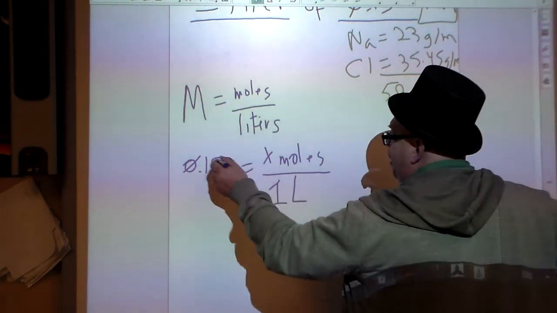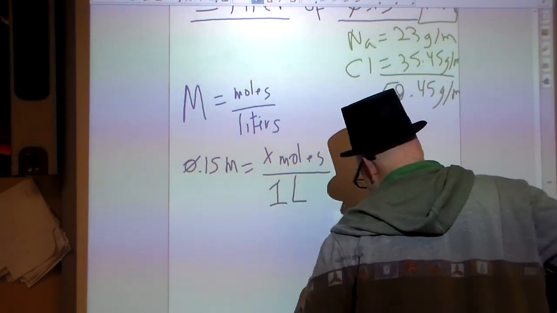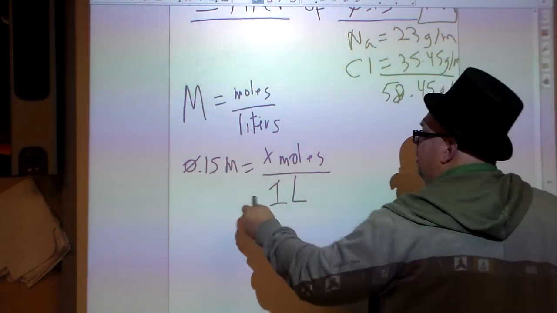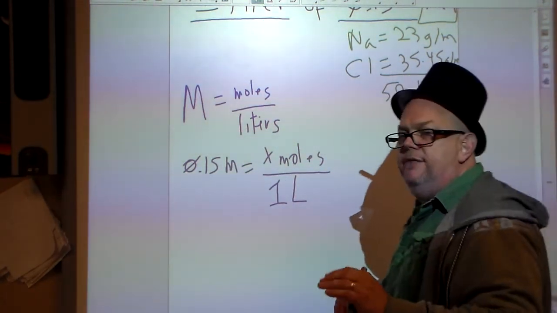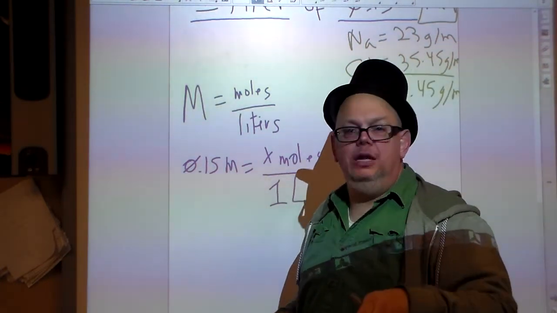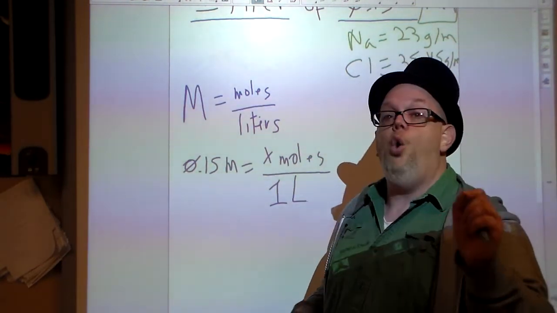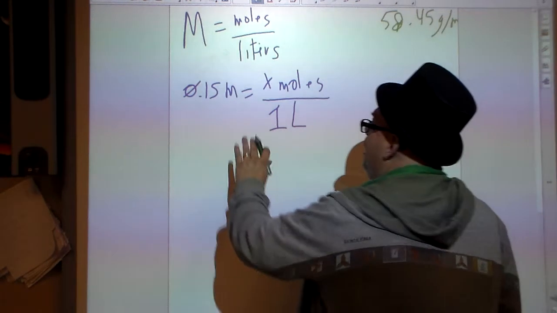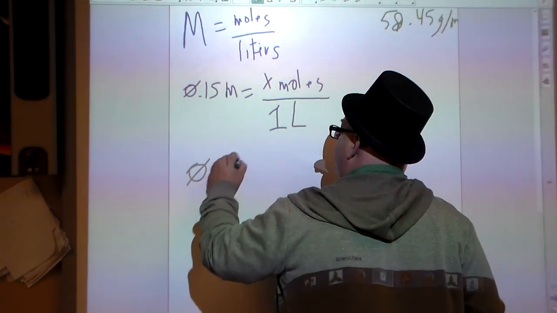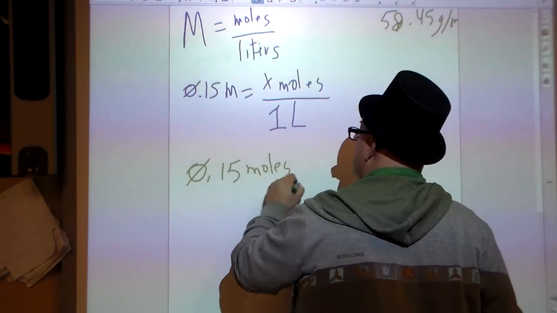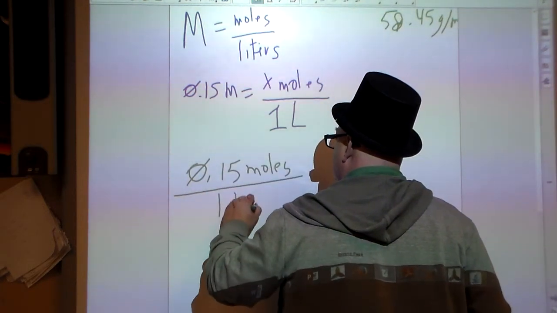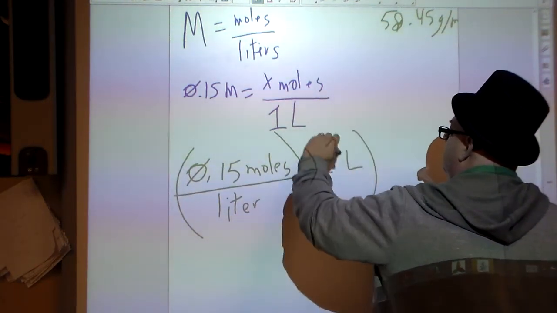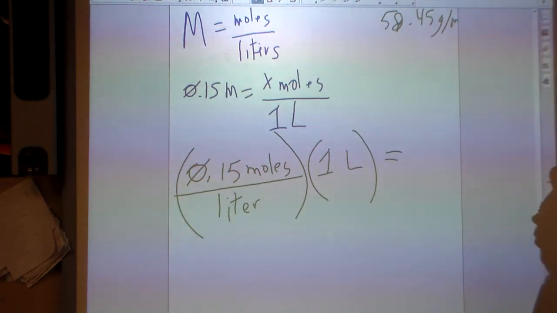We can multiply 1 liter times 0.15 molar. So let's do that. Remember that molar is moles over liter. It doesn't matter if it's mole or moles or liter or liters. Whether the word is plural or singular, it's still the same unit that you're looking at. So let's rewrite this for a moment. 0.15 moles per liter, and we're going to multiply that by our 1 liter, and that's going to equal